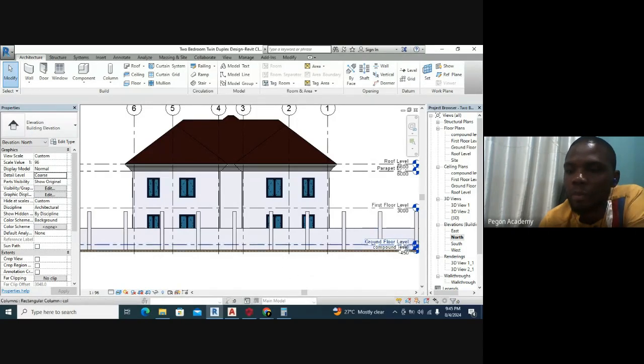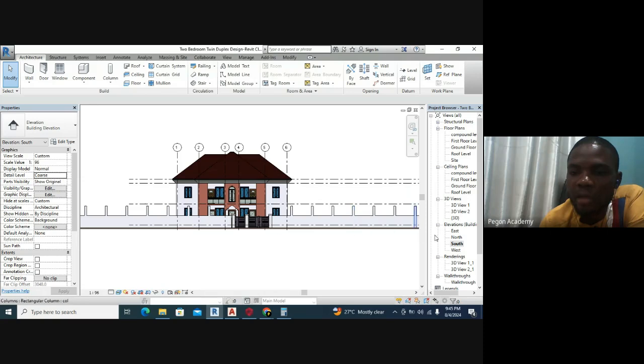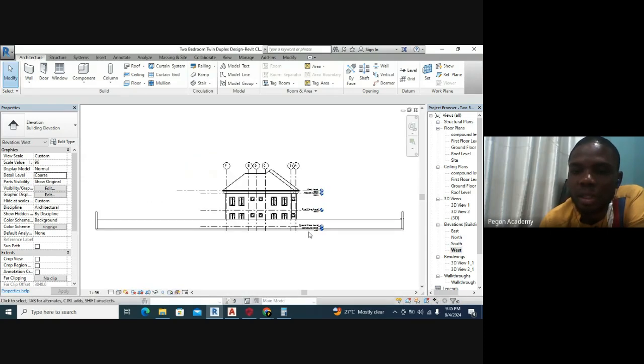This is north elevation. This is south elevation, and this is west elevation. All right. And then you have